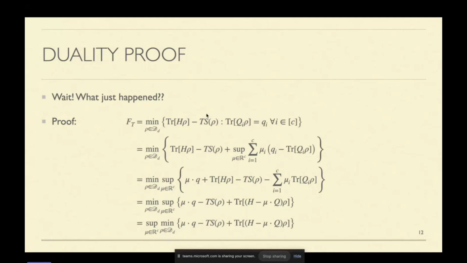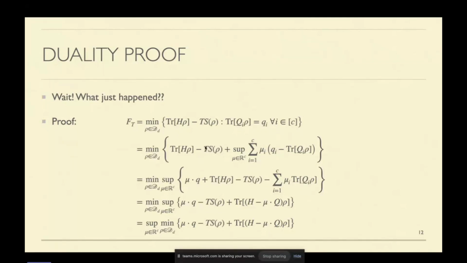This was the original problem, free energy minimization. As our first step, we convert the constraints. We use Lagrange multipliers, which are these mu i's for each constraint, and we put those constraints in the objective function. So we convert a constrained optimization problem to an unconstrained one. What is the intuition here? We want to minimize over states for which these constraints are exactly satisfied. If the constraint is satisfied for the state rho, then this term is equal to 0, and the Lagrange multiplier will play no role. However, if it's non-zero, then